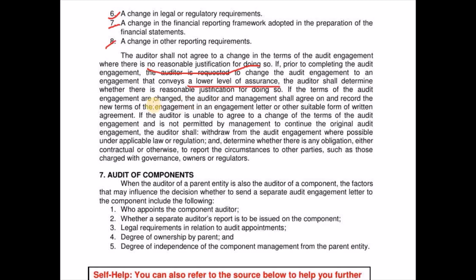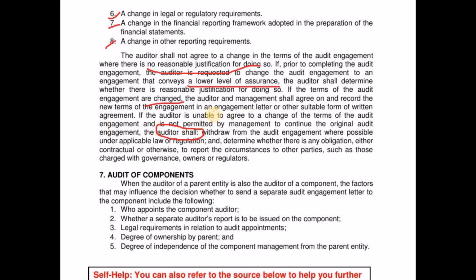If the terms of the audit engagement are changed, the auditor and the management shall agree on and record the new terms of the engagement in an engagement letter or other suitable form of written agreement. So, if the auditor is unable to agree to a change of the terms of the audit engagement and is not permitted by management to continue the original audit engagement, the auditor shall